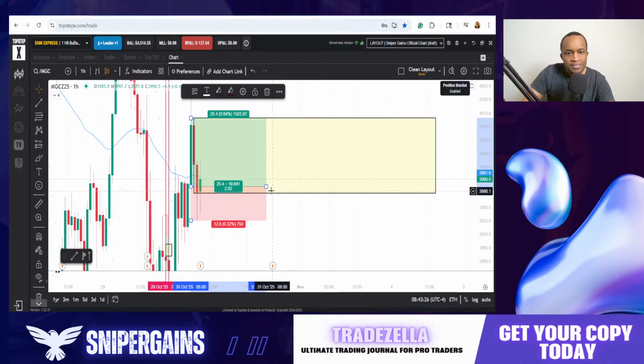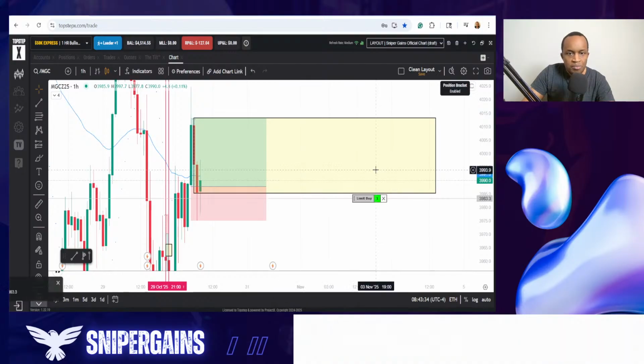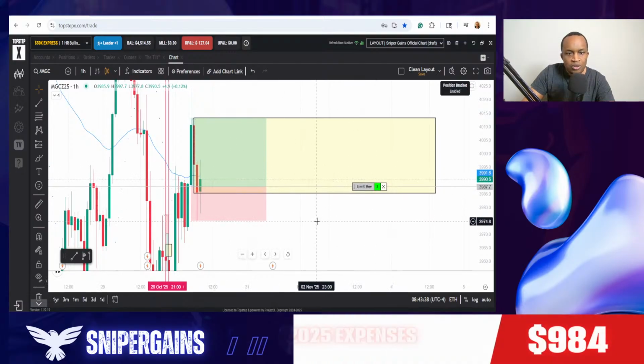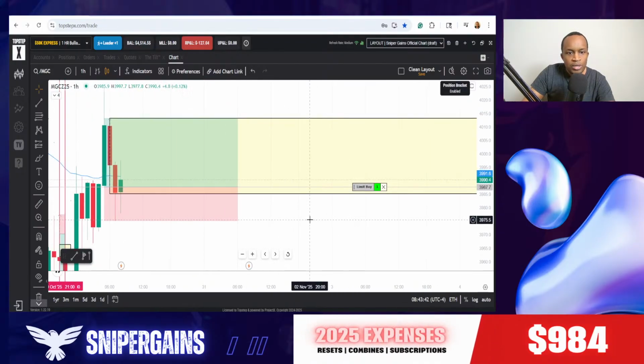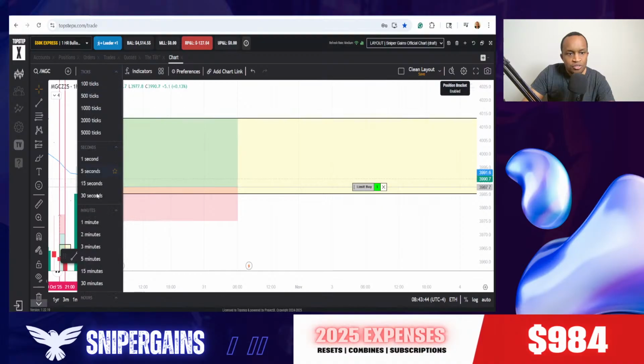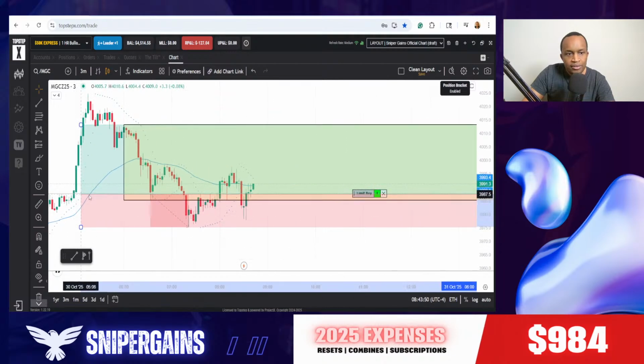254, it wouldn't give us where we wanted it to be, but for right now, we're going to have to work with what we got. We're going to go with a limit buy. We're going to set it to here with the risk knowing it's going to be 126. And if it does tap, we will have to kind of accept that it might not be a $200